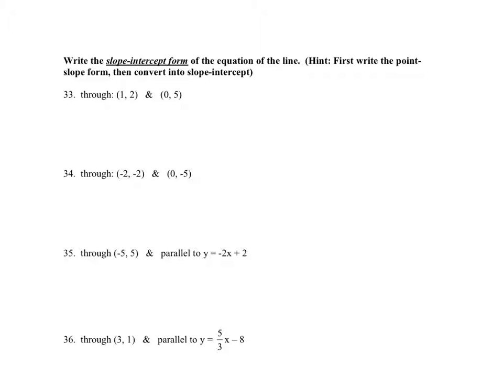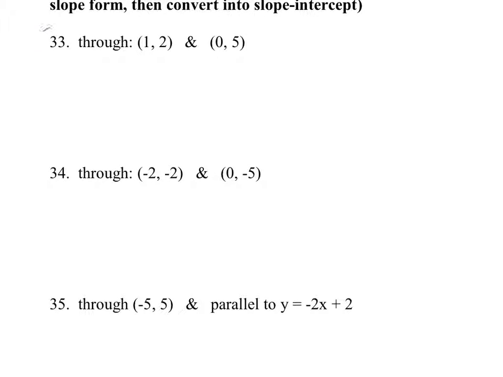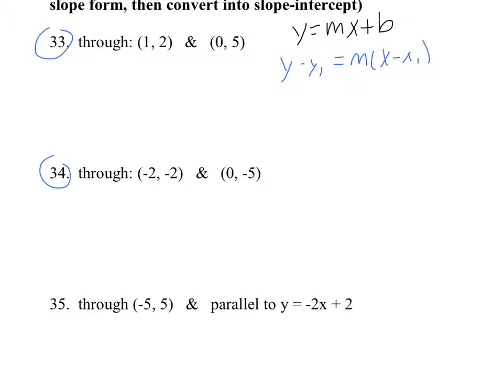The last 2 questions I'm going to do dealt with coming up with the equation of a line given 2 points. So I want to focus on 33 and 34. So we know that the formula for, now we want to find out this equation. And we can use this formula to do it. So if we have 2 points to choose from that we can plug in, I'm going to choose this one, where this is your x1 and this is your y1. So if I plug that in, I have